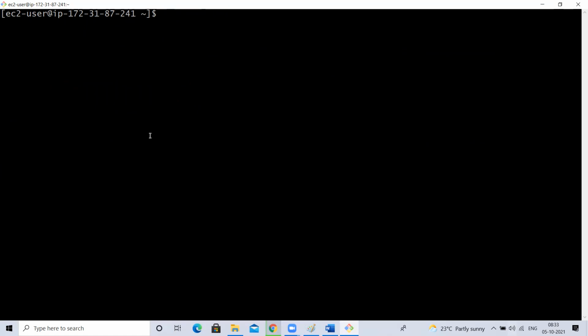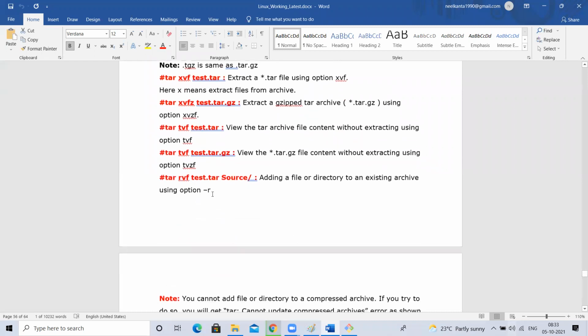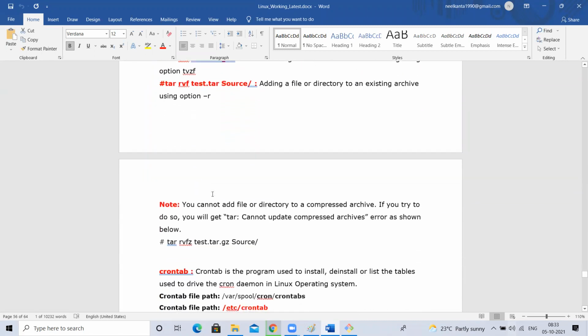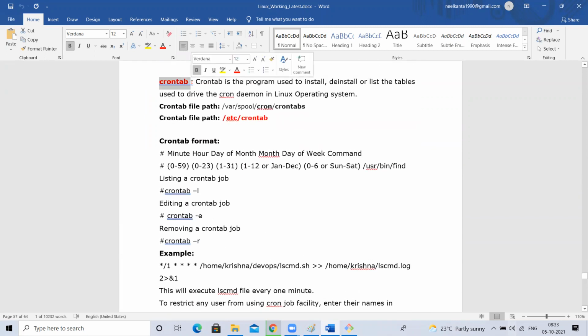Okay. Fine. That is about zip and unzip. For zip, we have different commands, zip and unzip. For tar, we don't have untar, so we use XVF for untar, CVF for create. Okay. So there are different options. You can remember about that. Just read the document, you will get other options.